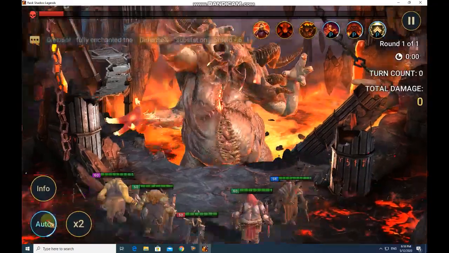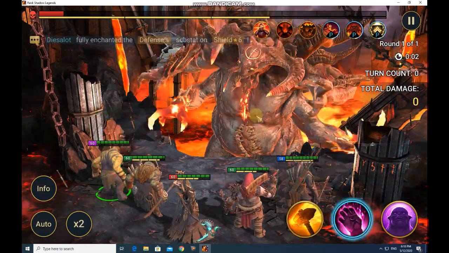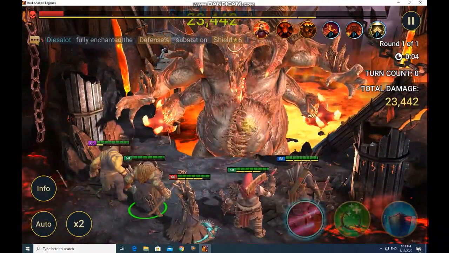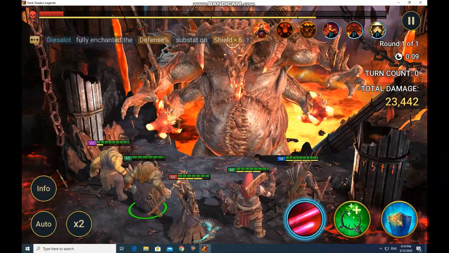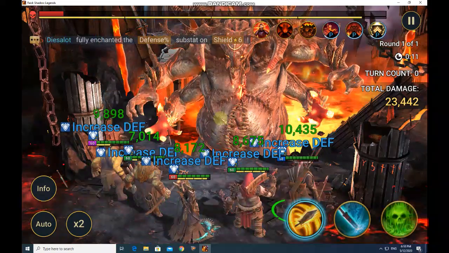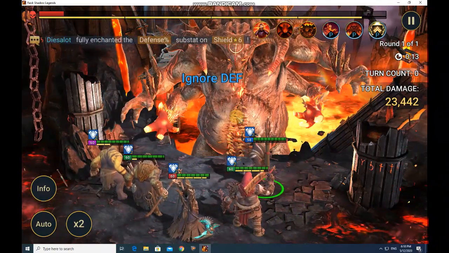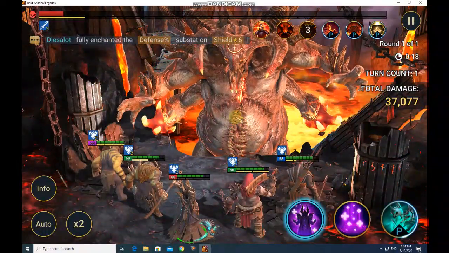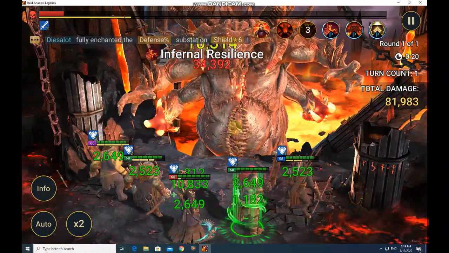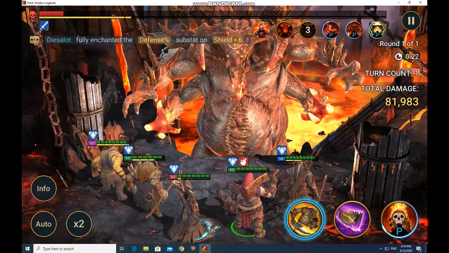So what do you do here to set this Unkillable up? You just use A1 or A2 with Man-Eater, and then you can use protection from Steel Skull. You don't have to, but it's just to survive through those first two AoE attacks. And then you just use A1, and I'm going to show you here that this composition is going to work